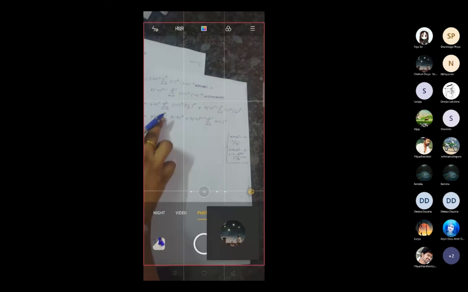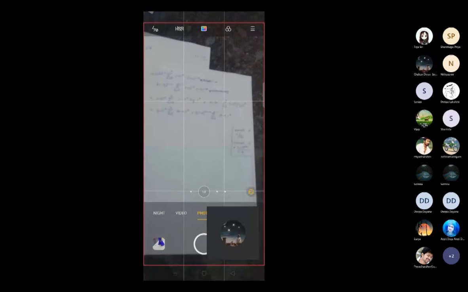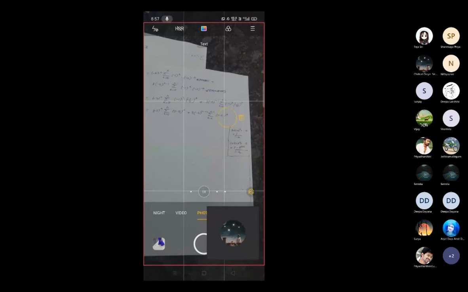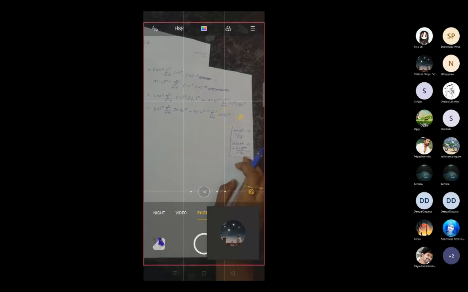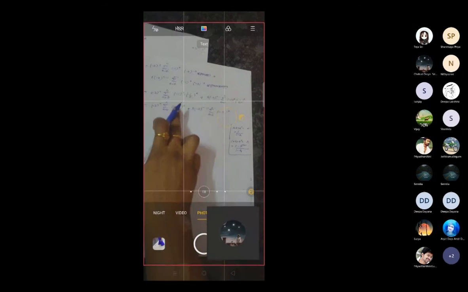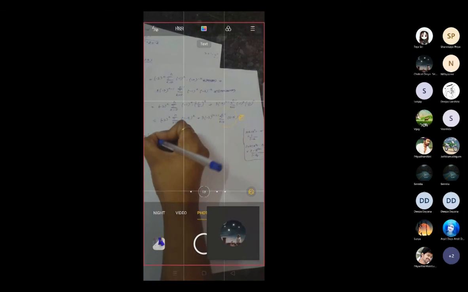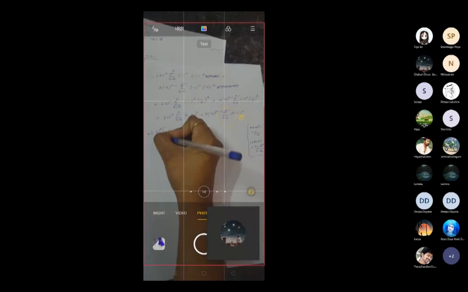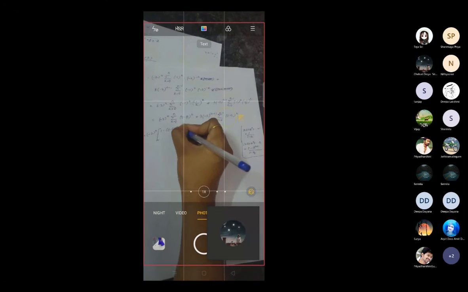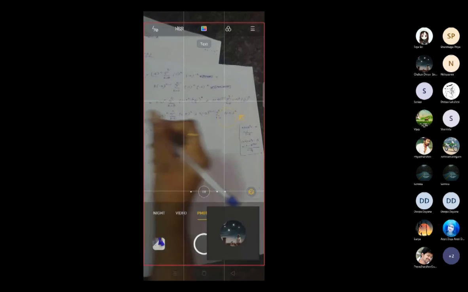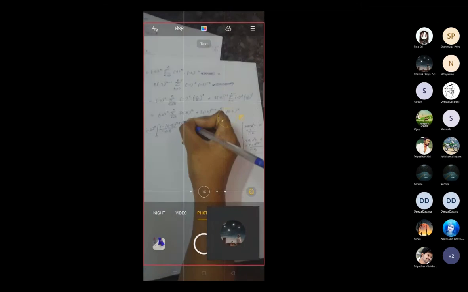Here it is only up to n, the summation value goes up to n. So up to n it is 1 minus a^(n+1) divided by 1 minus a. Okay. You have to write like this. So in place of a you have to substitute 0.5. So substitute and write (-2)^n into (1 minus 0.5^(n+1)) divided by 1 minus 0.5.